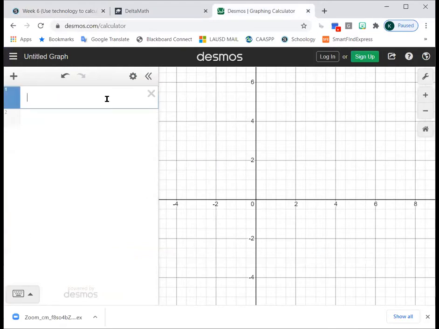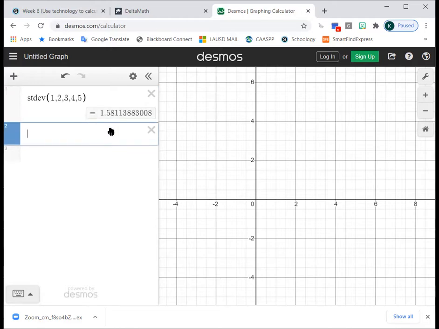All right, so the code for standard deviation is STDEV. So I'm going to go ahead and just type in some numbers, 1, 2, 3, 4, and 5. Standard deviation is 1.58. Okay, now I'm going to type in another data set, STDEV for standard deviation of this data set, which I'm going to make 1, 2, 3, 4, and 50. Okay, so the standard deviation for the first data set is 1.58. And the standard deviation for the second data set is